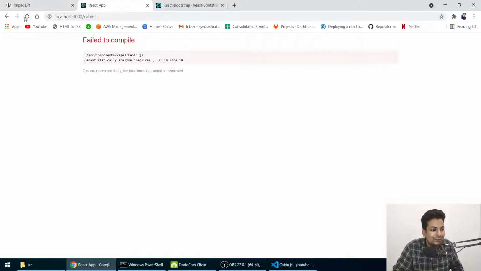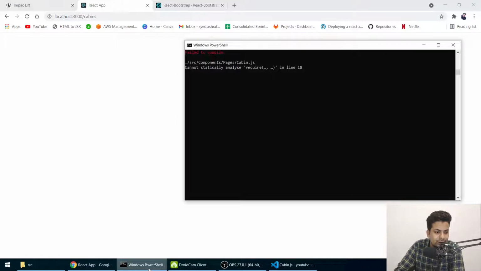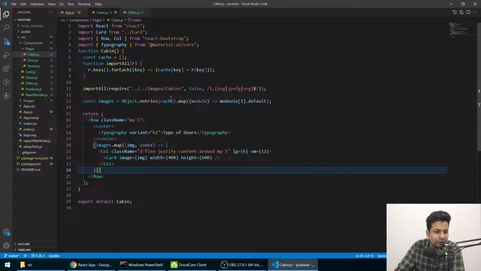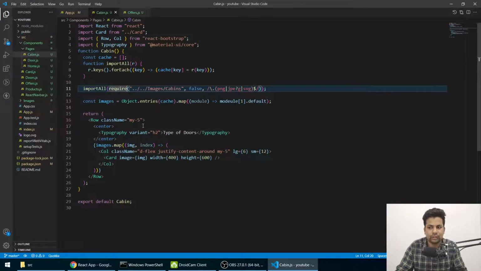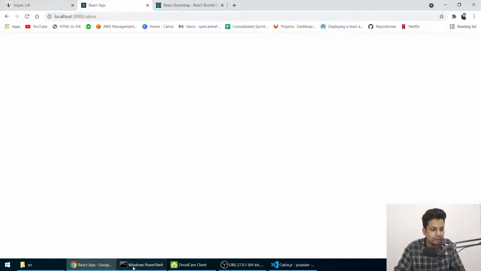Require, and what the bro, what is it? Why can't I see anything? What happened? Cannot statically require. There's some error with the require part, so we'll say import all require dot context. Okay, context. We say dot context. And if you go back, check here,